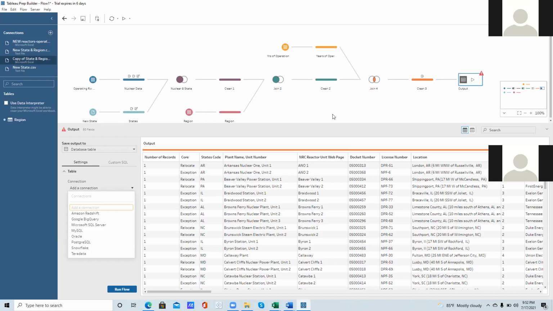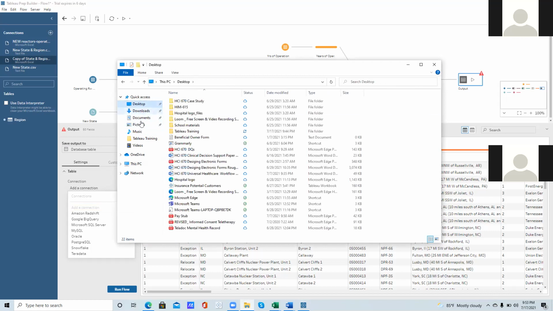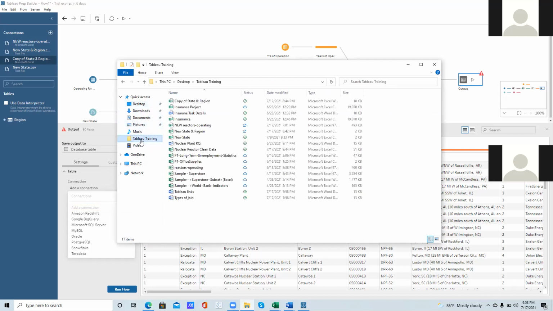Okay, just to be sure, let's go to your training data on your machine and look at it. It's now situated in that place. Right, Tableau training or whatever. So we call it nuclear. Okay, that's it, nuclear reactor clean data. Can you see it in the middle? Come back. Yes, I see it right here.